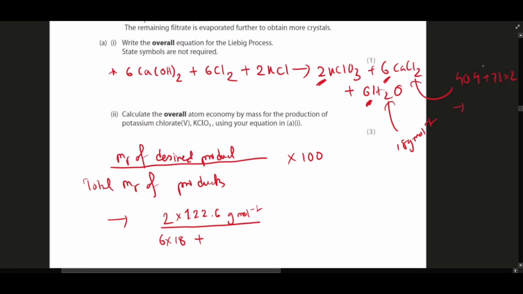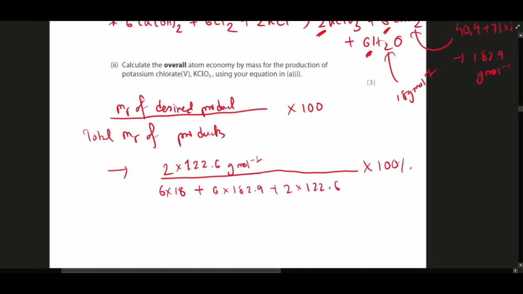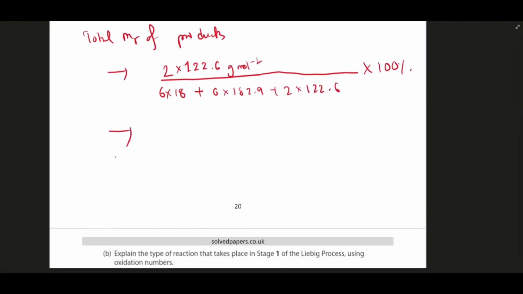What is the answer? 40.9 plus 71 times 2, that would be 182.9. So 1 mole is about 182.9 gram, right? So what will be 6 moles? So 6 times 182.9, and then obviously the other one, 2 times 122.6. Now if you just do the 100%, what will be the answer? 202.6, 6 times 18 plus 6 times 182.9, 2 times 122.6, that would be